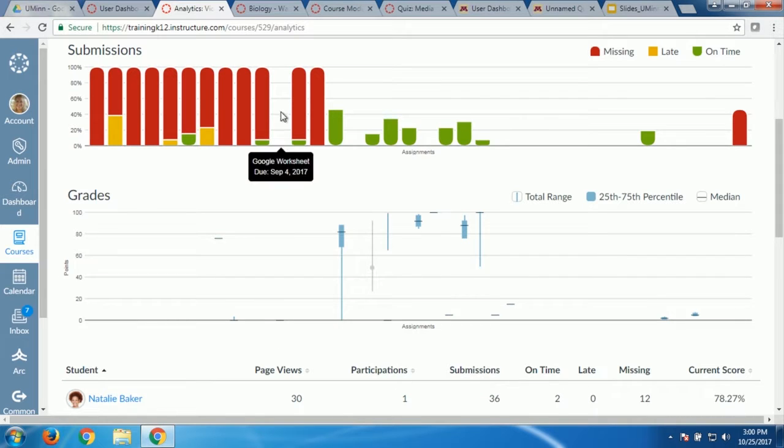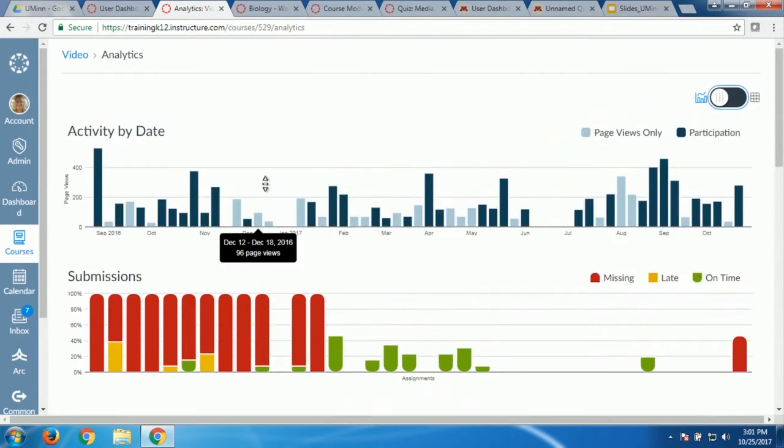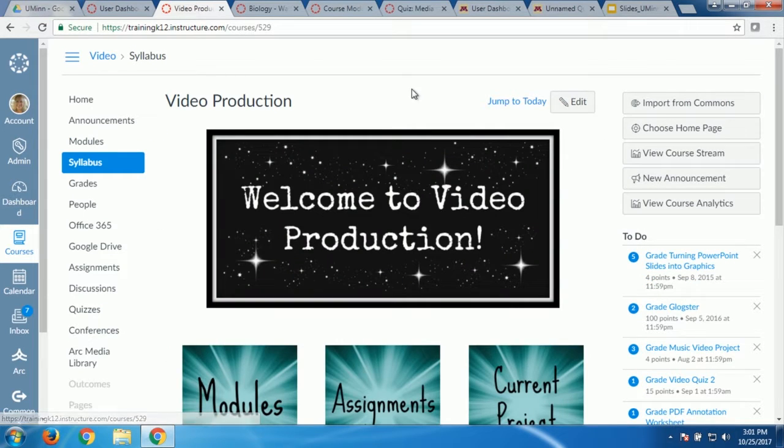Then you get a whole grade distribution box and whisker plot for your grades in your course. And you can hover over all these items and it gives you the micro data there. So you can tell which assignment it's for, all of that. Now you can even get more granular with students.